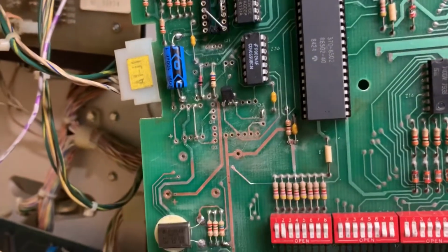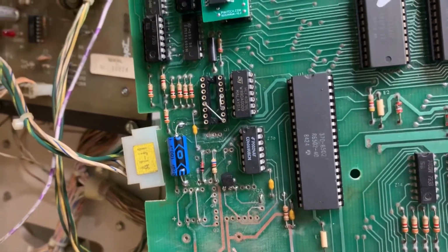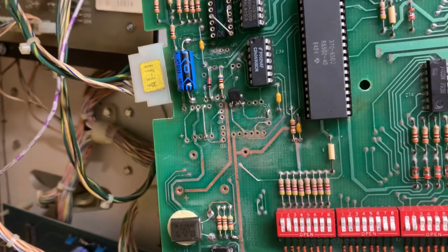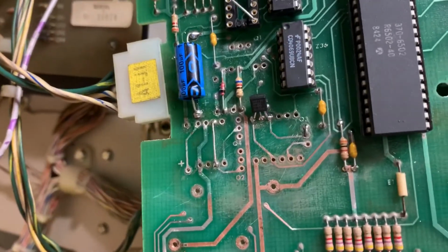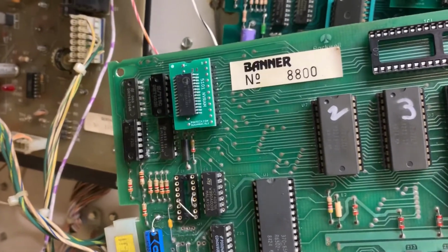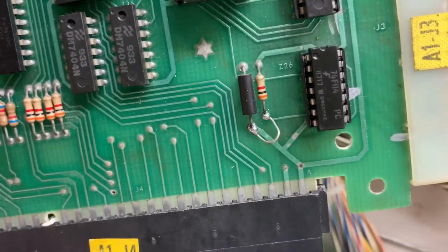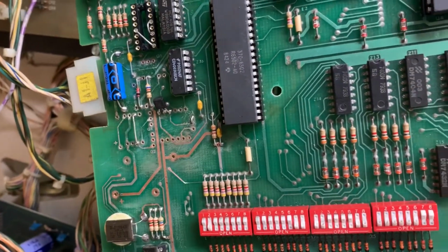Now, somebody had already done some work here in the reset section, but I scraped all that stuff off there because it's just not reliable, and implemented the DS1811 mod there. Much better solution. Installed NVRAM, socketed a couple other chips, took care of a little corrosion, added the slam switch mod, and as soon as I can formal coat this bare copper, this board's ready to go back to its